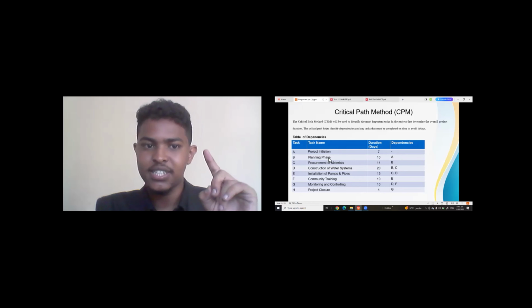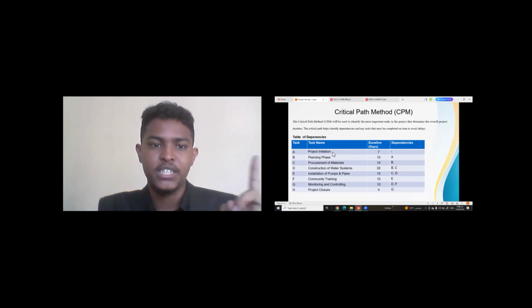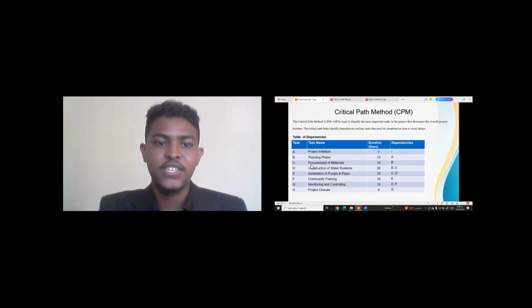So this means that to start activity B, we must finish activity A. Activity C, which is the procurement of material, has a duration of 14 days, and it's connected to activity B. So this also means that to start activity C, first we have to finish activity B. All right.